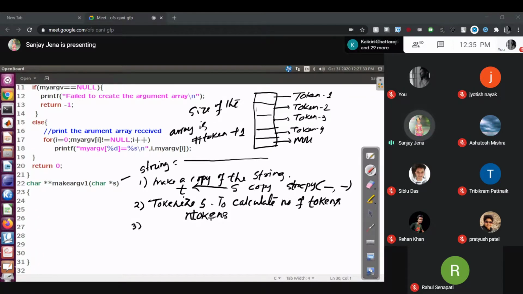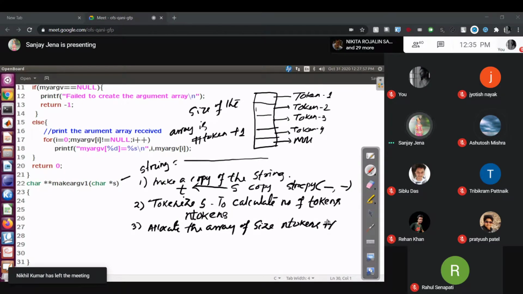After getting the number of tokens, you have to allocate the array of size n tokens plus 1. Done.